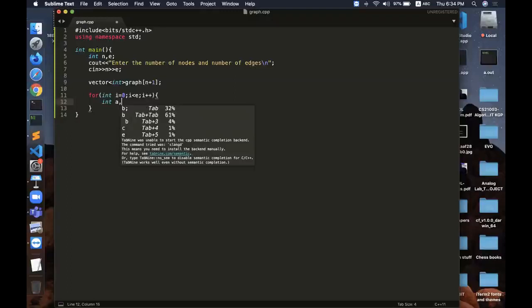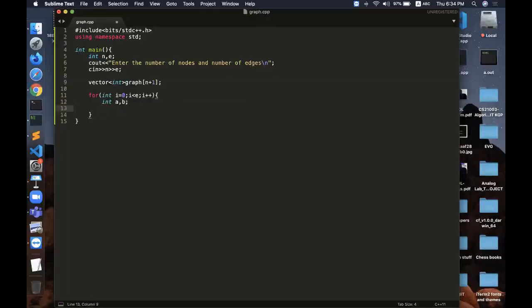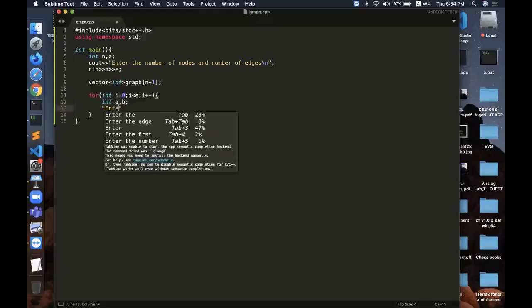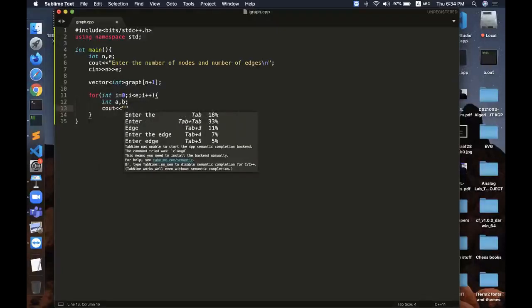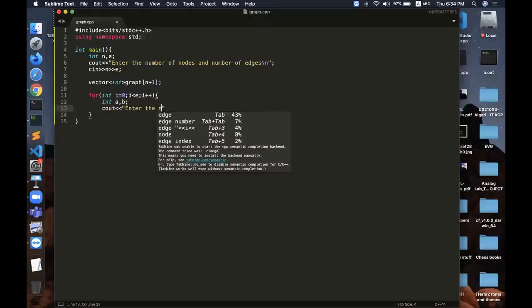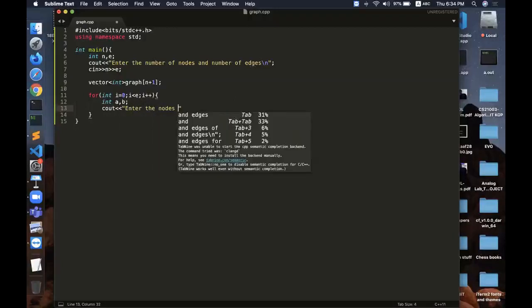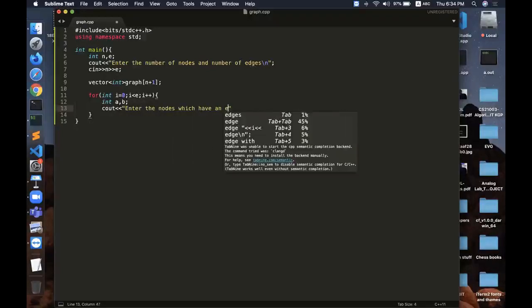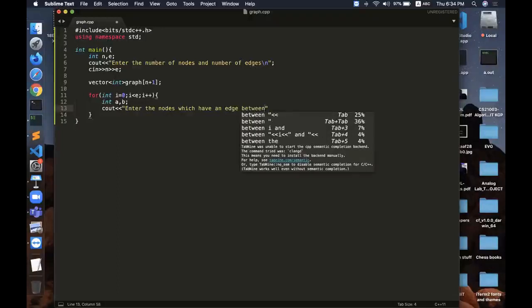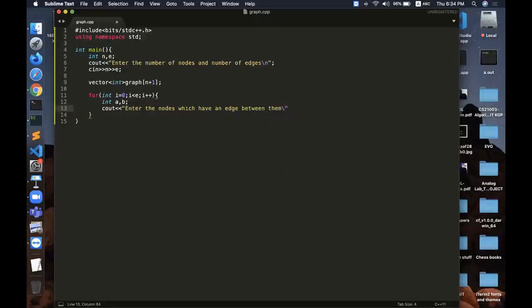So say the nodes are a and b. Also, I don't think we should be printing the prompt every time.